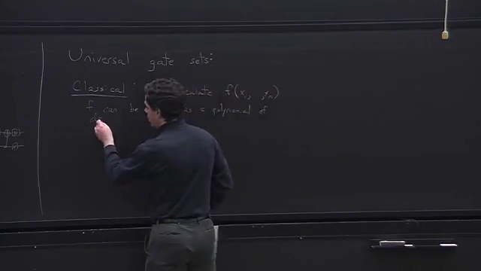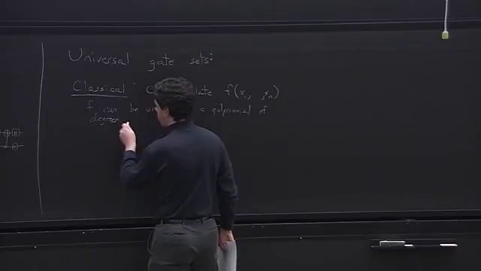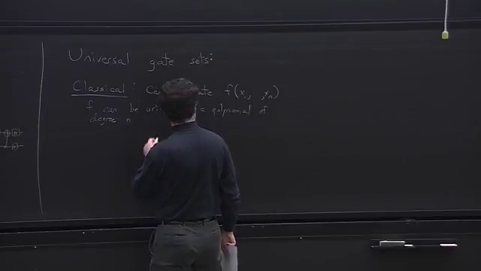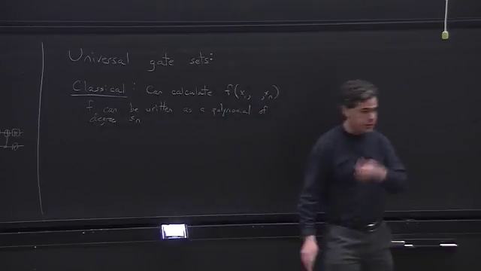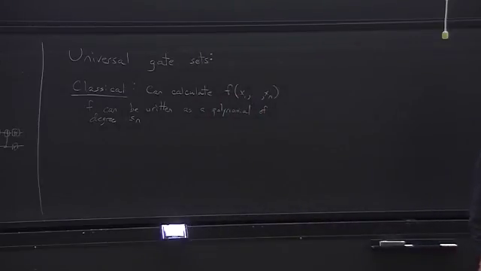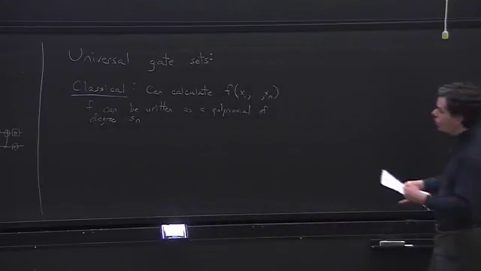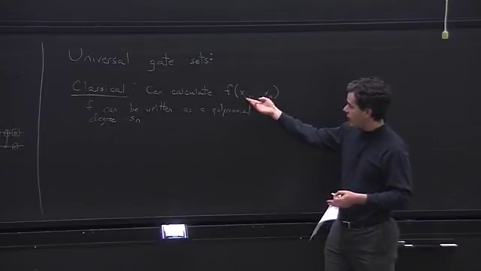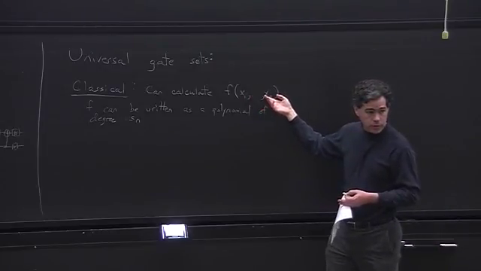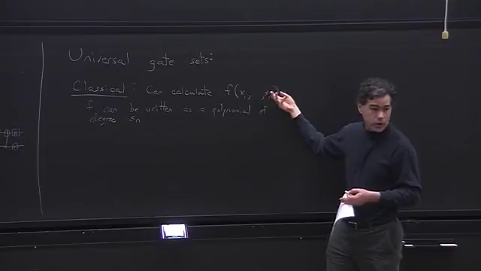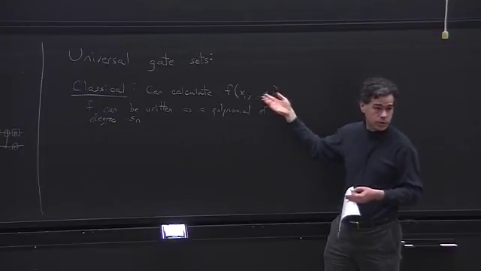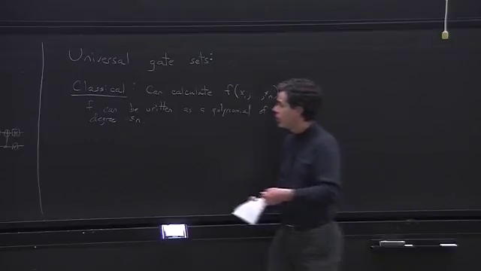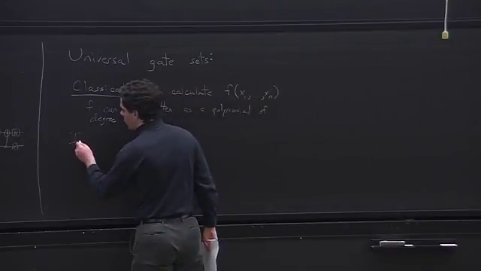Now, the degree thing doesn't really matter for the question of universality. But it's an observation that kind of gets you thinking in the right direction. So the point is we need to be able to have sums of these input variables and products of these input variables. And then we can put them together and get an arbitrary polynomial, and therefore an arbitrary function. Okay? So if we're talking about irreversible